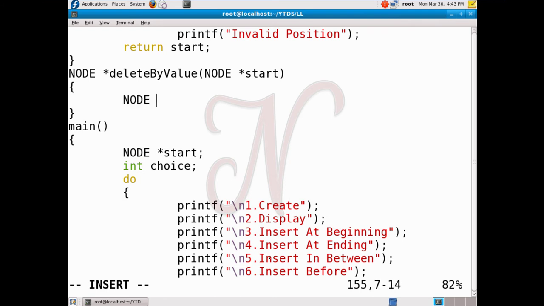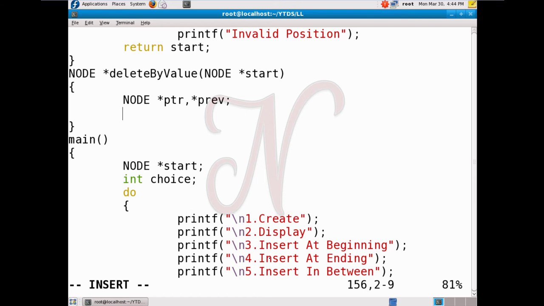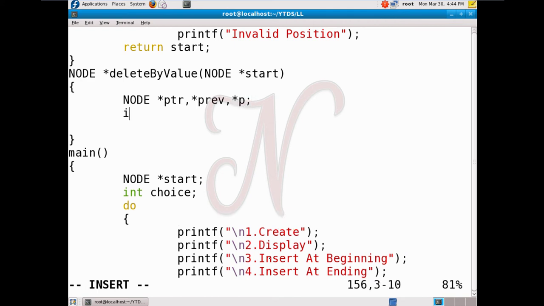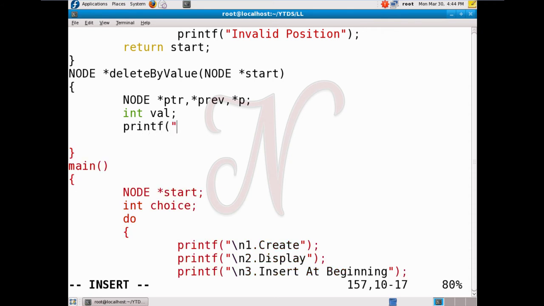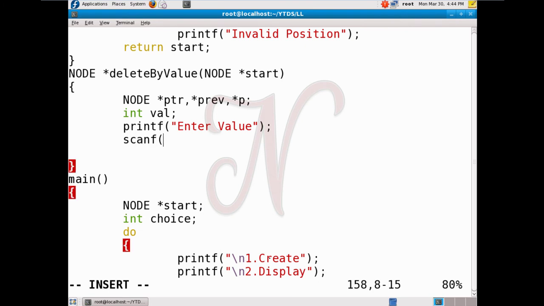Here we declare some variables, ptr, prev, one more p, then int value. Then printf enter value. Here we accept one value from the keyboard.